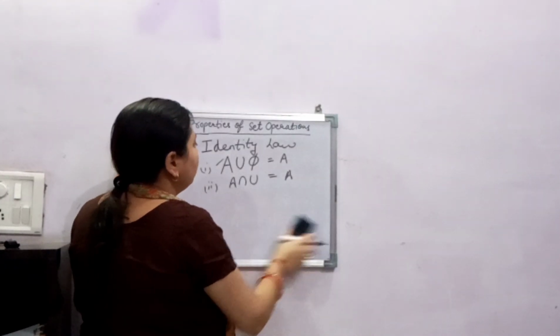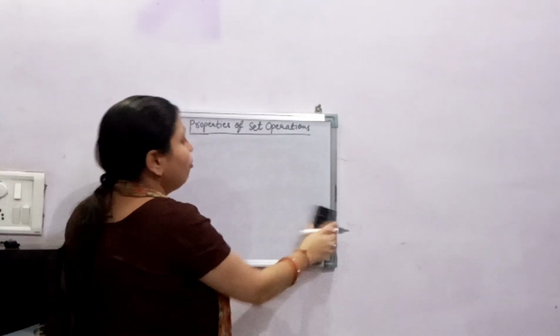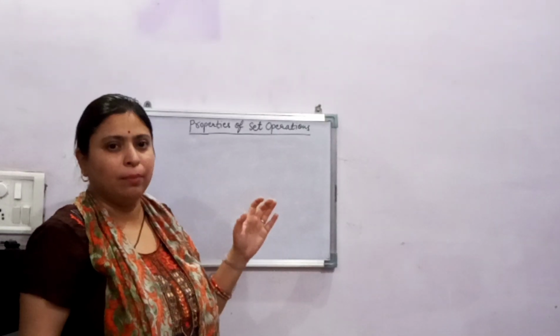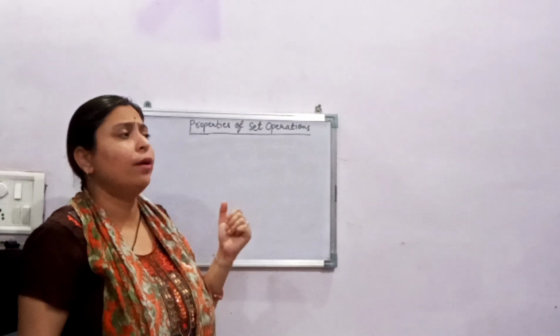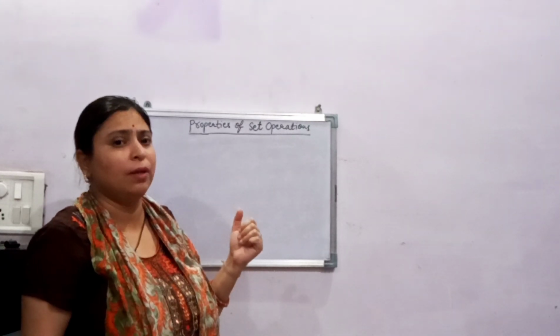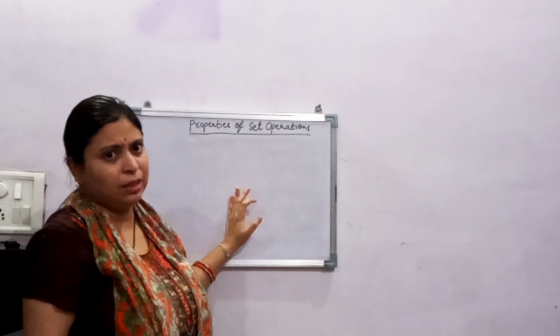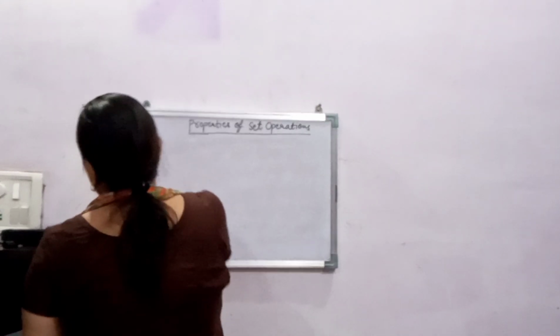We have to learn these various properties because they are very important, not only for TOC, theory of computation, but also for basic discrete mathematics. If you study in BCA, MCA, MTech, BTech, it is very much required, and also in linear algebra and discrete mathematics; 11th and 12th also contain these properties. So this is a very important unit to understand. These laws are very, very important.